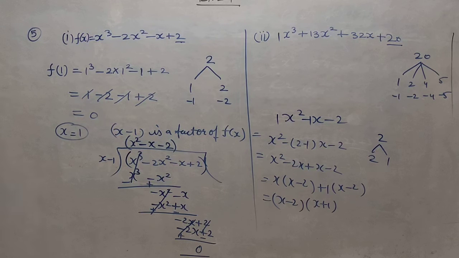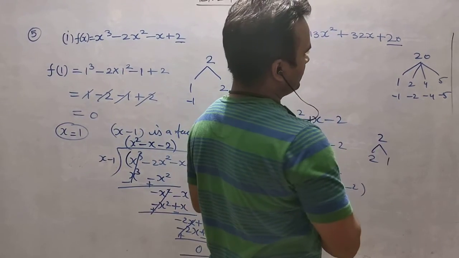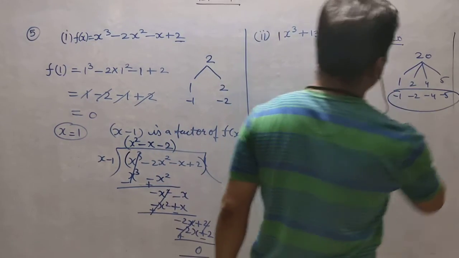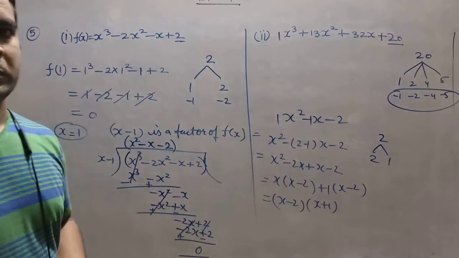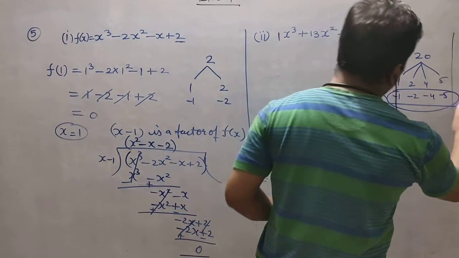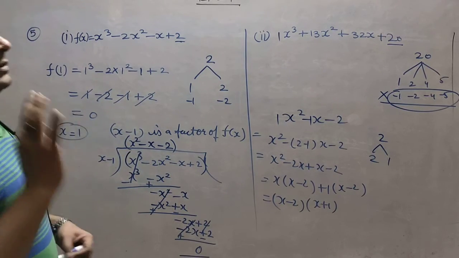Now the second question I think you can do yourself. You can see here one thing I want to tell you. You can see all are in plus. So if all are in plus, then the plus values will not be responsible for making it 0, so you will not put any plus value here. You should keep these things in your mind.